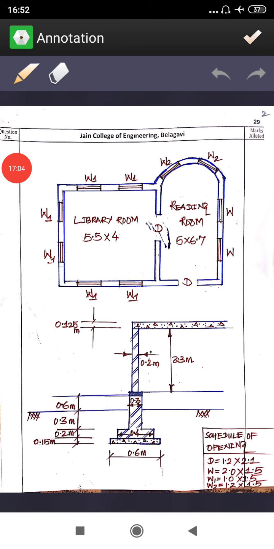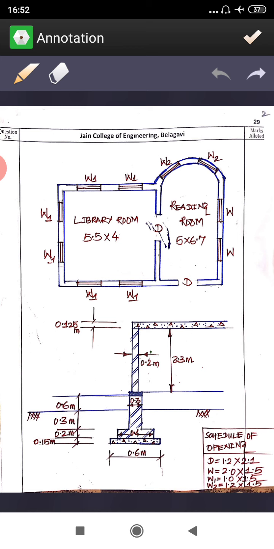Now we have determined the excavation. So this much portion we have excavated. Now after excavation, the first thing you will be having is the lime concrete bed, so that you have to determine. Now for that you will be having a width of 0.6 and a thickness of 0.15 meter. Now the center line length is going to be the same, and the center to center of wall is the same, and you are having a width of 0.6 only, so the length is not going to change. That you have to keep in mind.